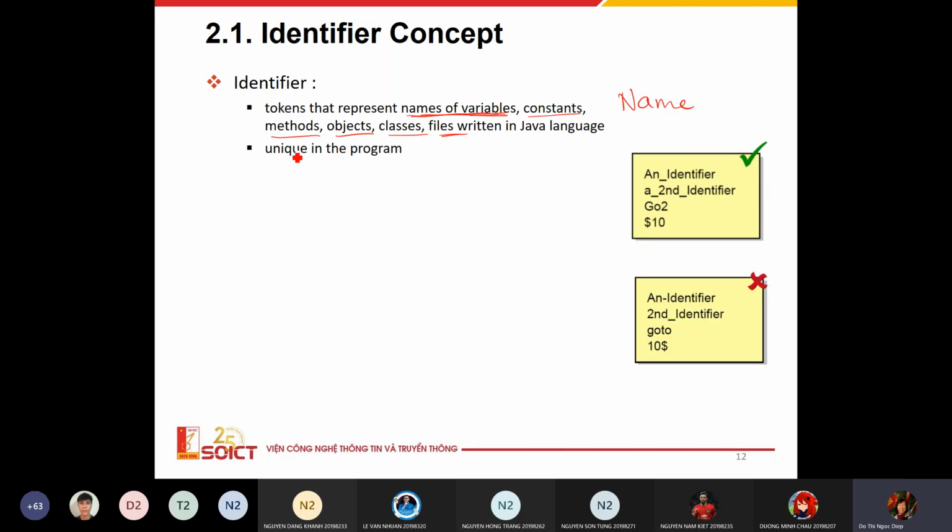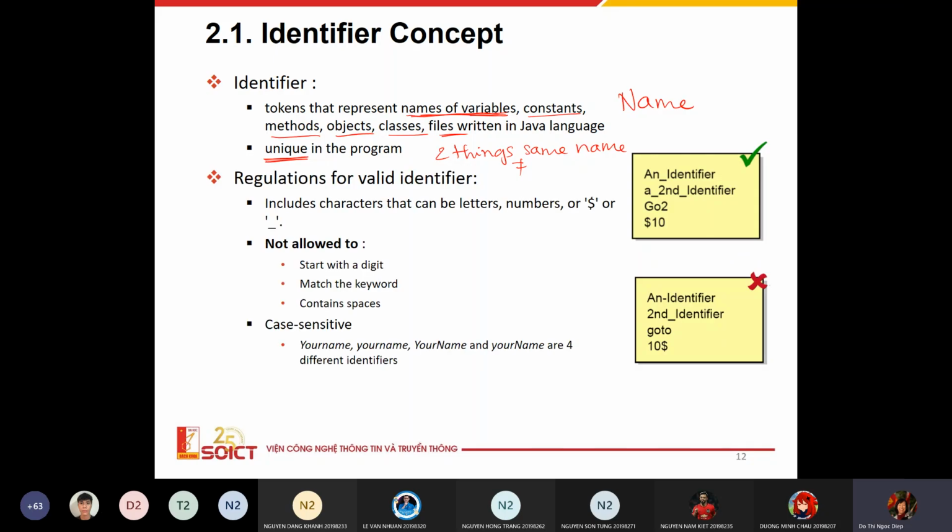Each identifier needs to be unique in the program. That means you cannot have two things with the same name. There are some rules for you to follow when you create a valid